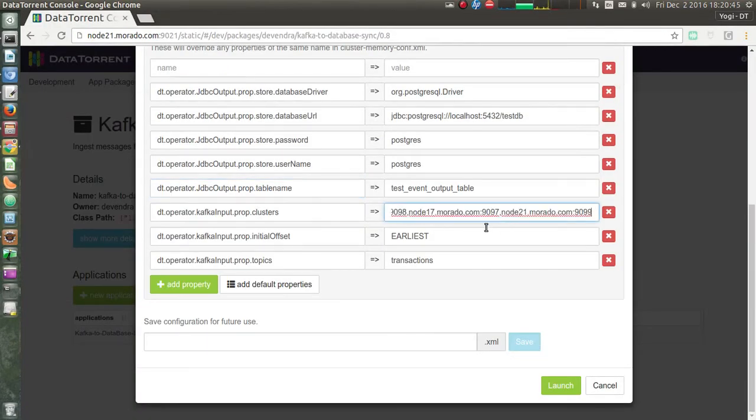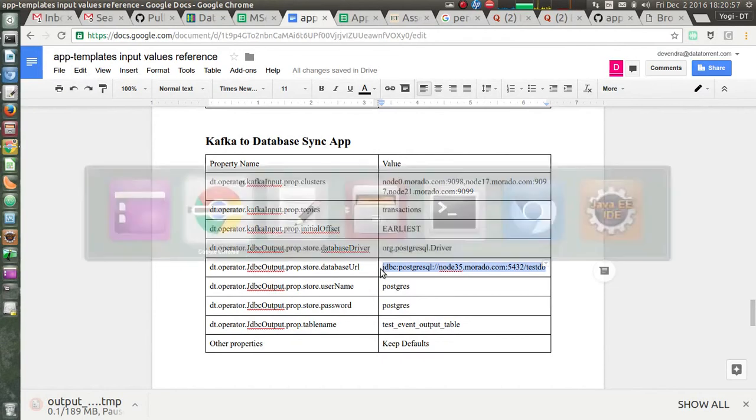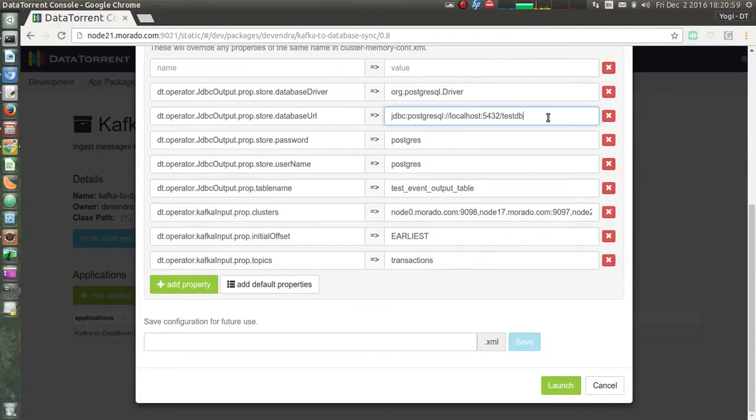For example, my Kafka cluster is set up on 3 different nodes, and I'm pointing to those nodes, and my database is PostgreSQL, which is on node 35. So for database driver, we will keep the default, which is the PostgreSQL driver.